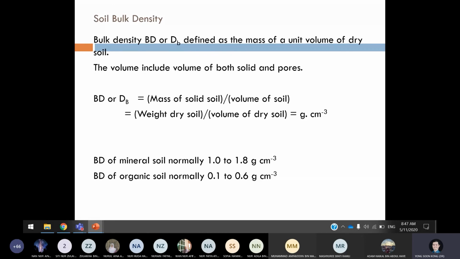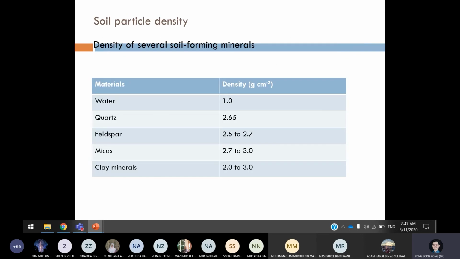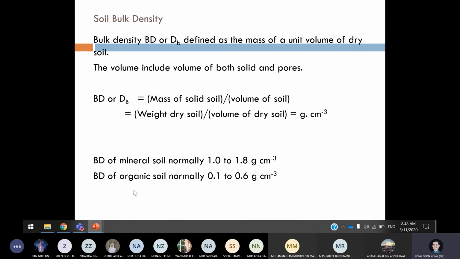Can they go higher than 3? Logically speaking, no. Because if you look back at the particle density earlier, right here, the highest possible particle density is only 3. It's not logical to go higher than 3 usually, yeah. But it could, sometimes. Some soils are more dense. We don't know. So those are the mineral soils. Okay, and